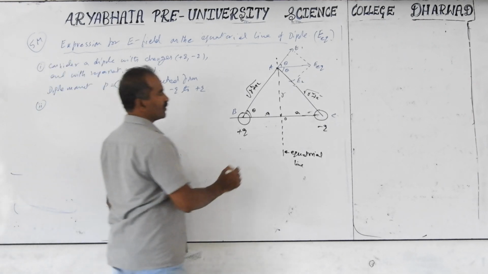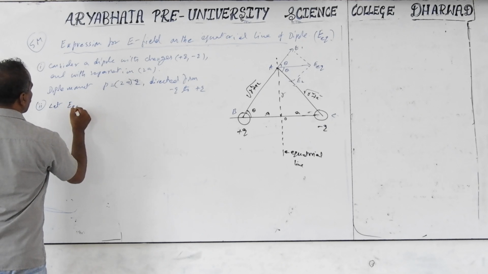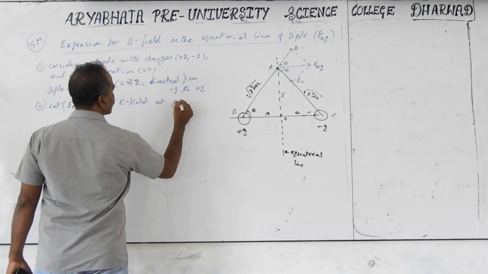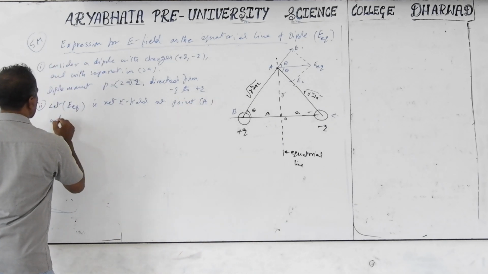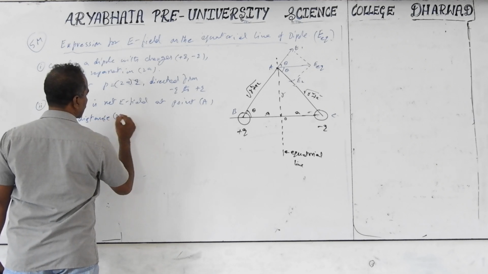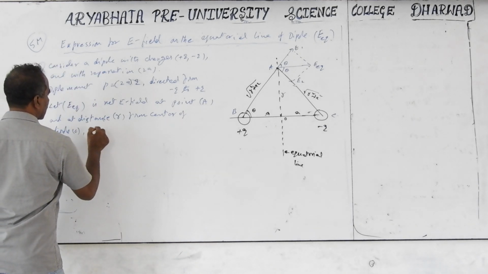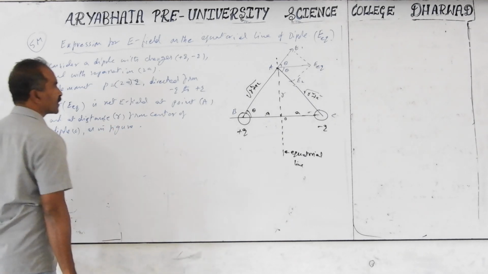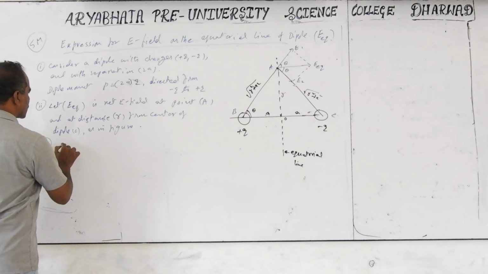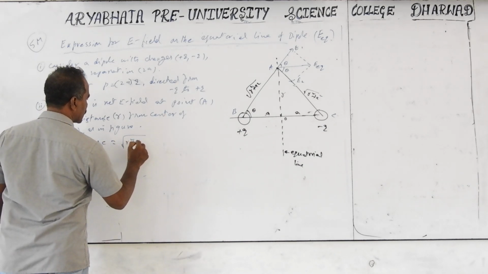Next, r is the distance from the point, say the middle of the dipole, the center of the dipole, to the given point A, where the electric field is E. Let E be the net electric field, or field intensity, at point A at a distance r from the center of dipole O. The distance from each charge to the point A, AB and AC, is AB equal to AC equals under root of r square plus a square.